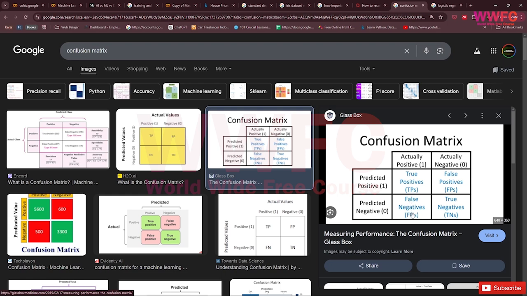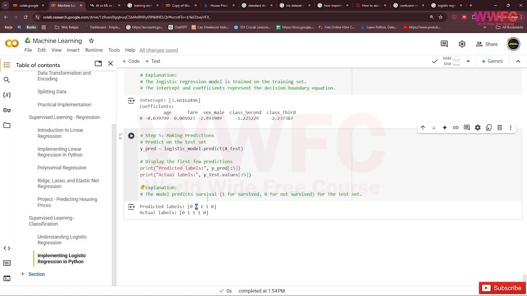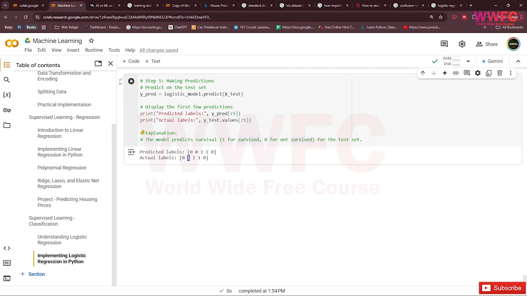So it's a false negative, right? You can check here: actual is survive and the predicted is not. So the accuracy will not be 100% like before.